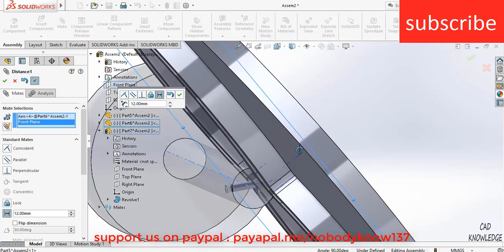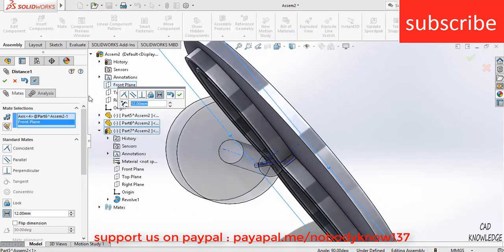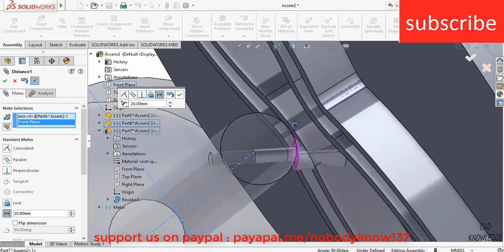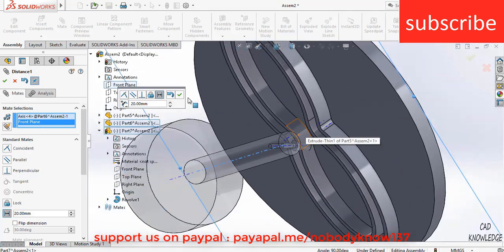Okay, the distance is, increase the distance as per when you see it satisfying. Okay, it now looks good. Click OK.